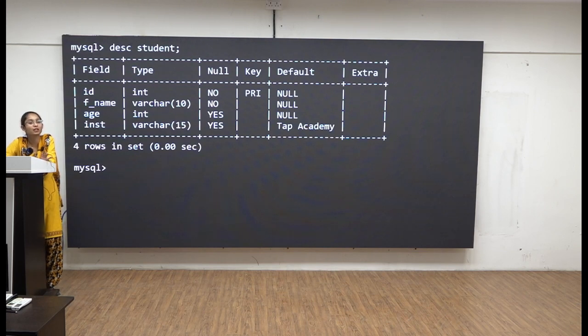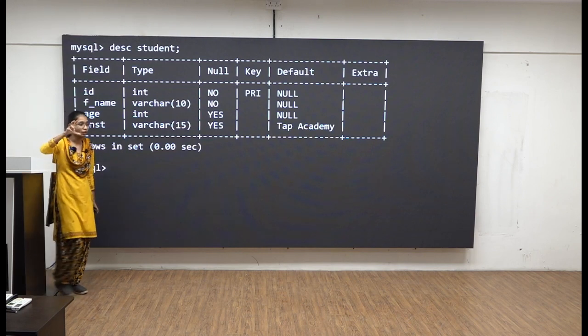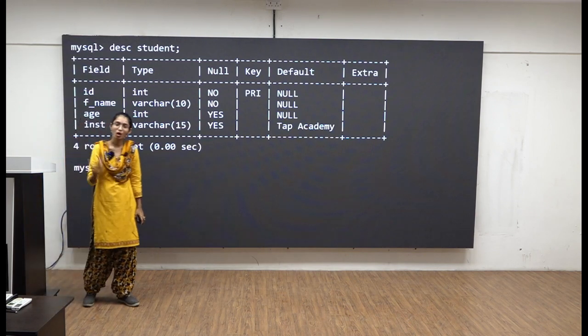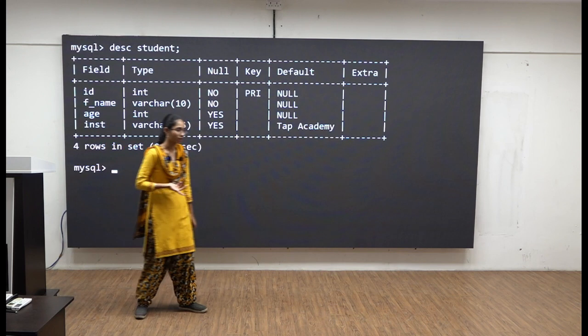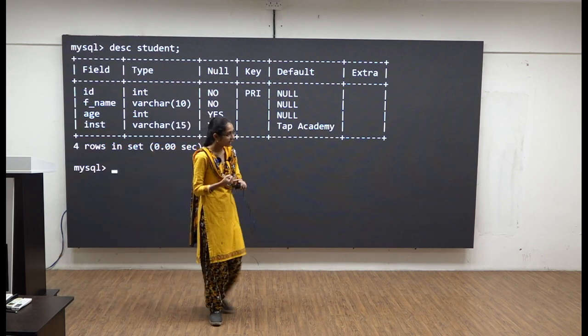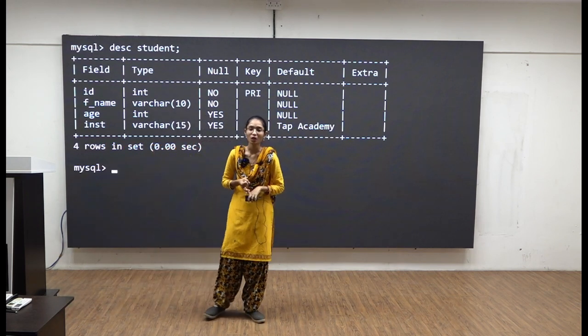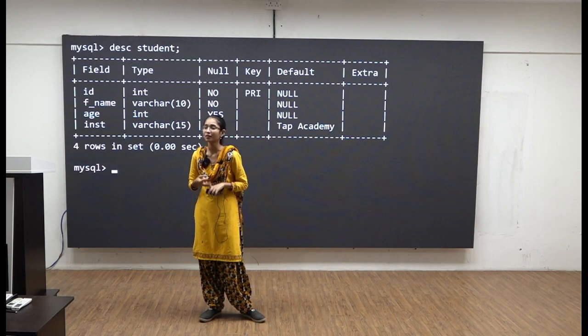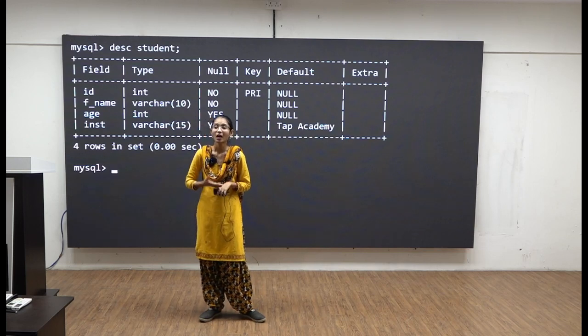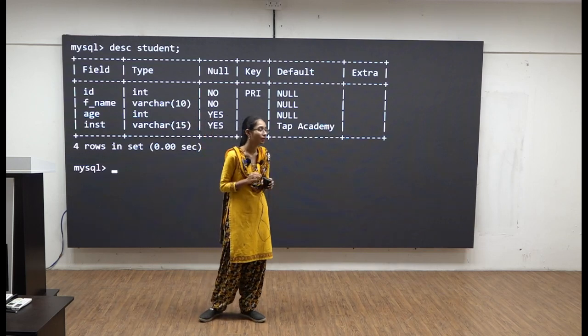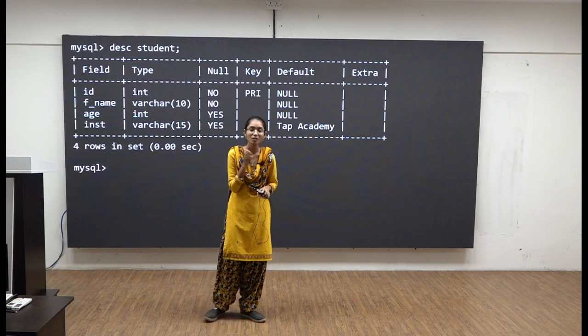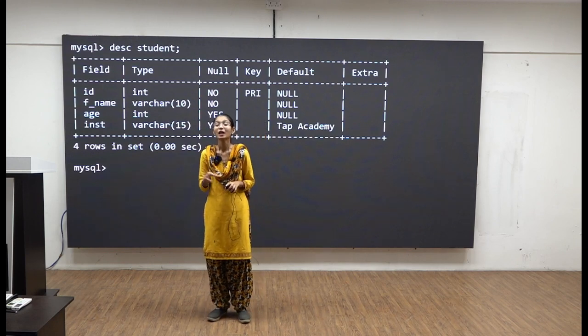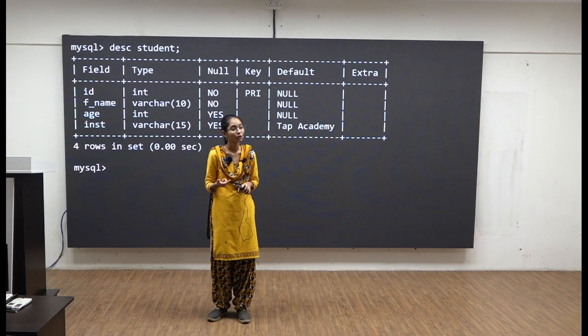I can even change the data type. If you see inside the structure of our table, whatever operations there are, we have done everything. We have added a column, renamed a column, changed the data type, changed the size of the data type, and removed a column as well. So this is how every operation related to